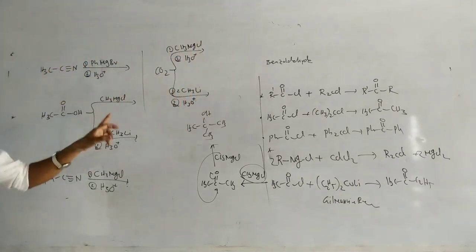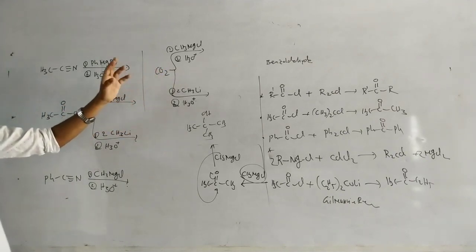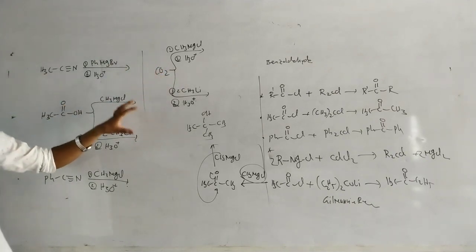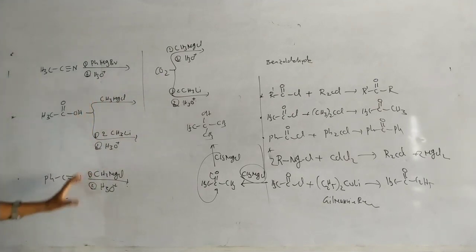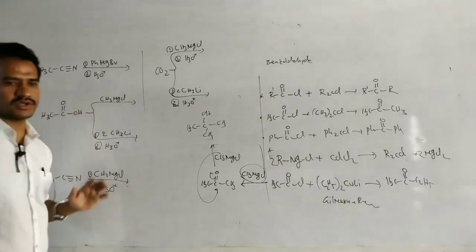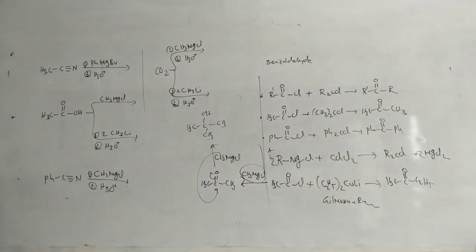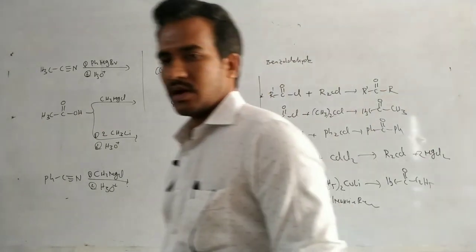These are all Grignard reactions, preparations of alcohols. Very important. What is on the board right now is very important, so analyze it once again. These are the preparation methods of carbonyl compounds. In the next class we will start the chemical properties.